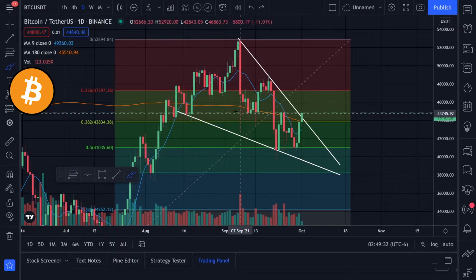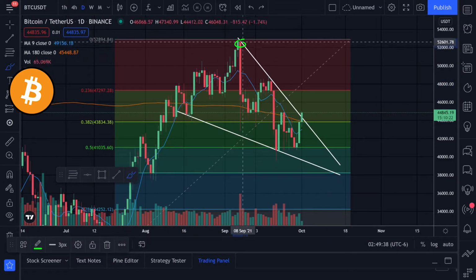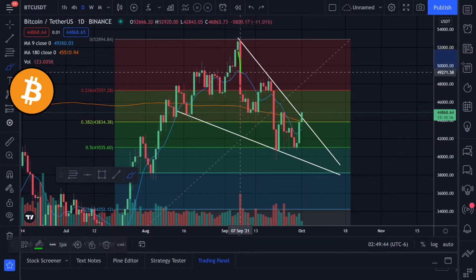Let's take a look at the chart action for Bitcoin. Okay, so here's what I'm looking at. We got a falling wedge pattern, something like that in my opinion. We had resistance right here, resistance right here. I've been watching this downtrend, and I've been talking about how until we break this downtrend going to